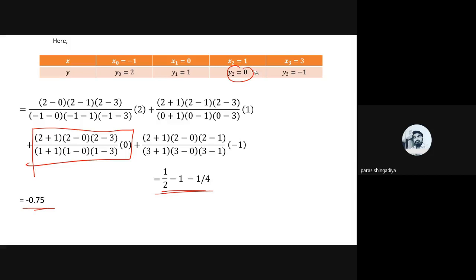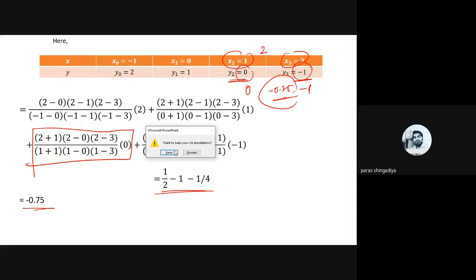Why is it a correct one? Because what is the value at 1? When x is equal to 1, y is 0. And what is the value for x equal to 3? That is -1. And 2 lies in between 1 and 3, so the answer should lie between 0 to -1. Your answer should be between 0 and -1, and that is -0.75, which is in between 0 to -1. So that is the correct form of the answer. So we'll keep up to this and we'll solve some more examples related to this method in the next